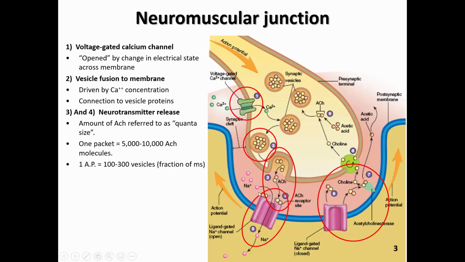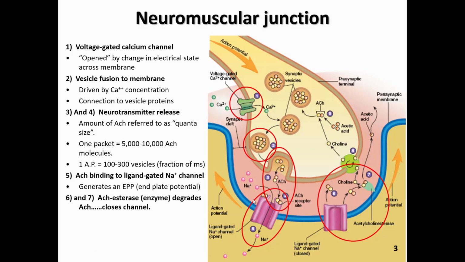That increased probability with many of these acetylcholine molecules will tend to cause that postsynaptic membrane to reach what's called an end plate potential. And the end plate potential is exactly the same as an action potential, but it's specific to being caused by the neurotransmitter, and then that will lead to